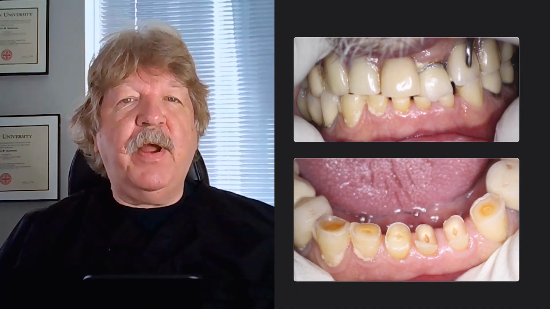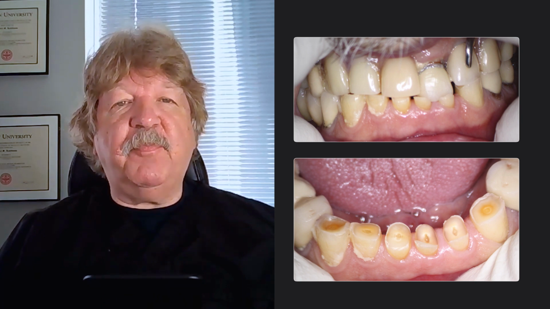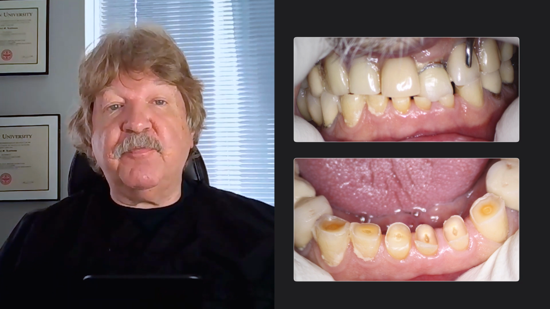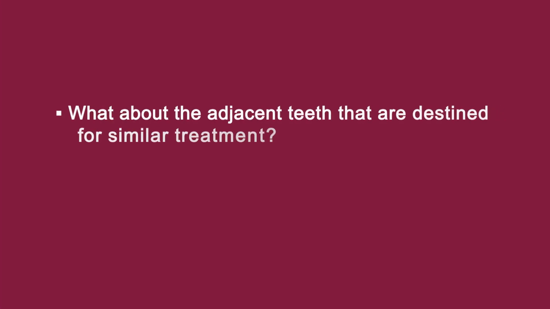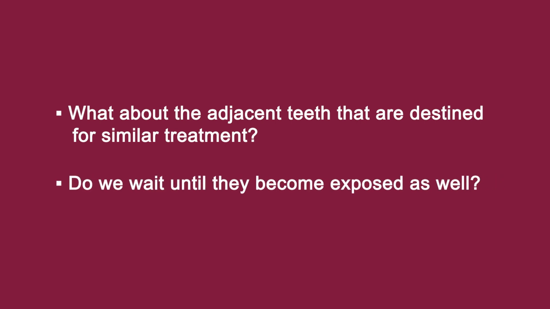In cases with heavy wear in the anterior segments of the mouth, we frequently see pulp exposures and loss of pulp vitality through attrition. While the endodontic treatment may solve the periapical infection problem when it's present, what about the adjacent teeth that are destined for similar treatment? Do we wait until they become exposed as well? It's the referring dentist's responsibility to recognize this and try to find a solution, or at least discuss the etiology